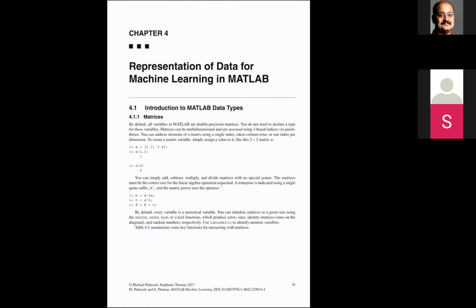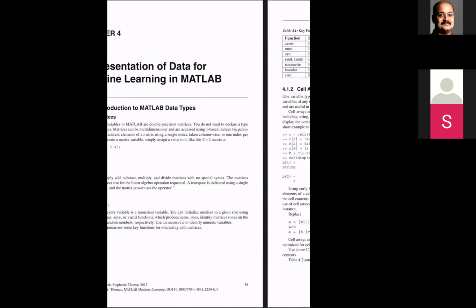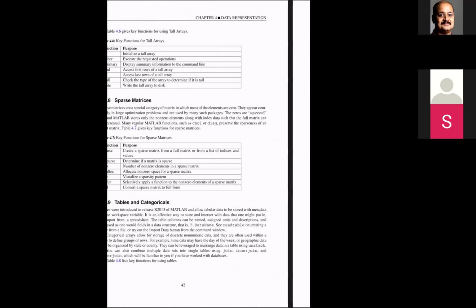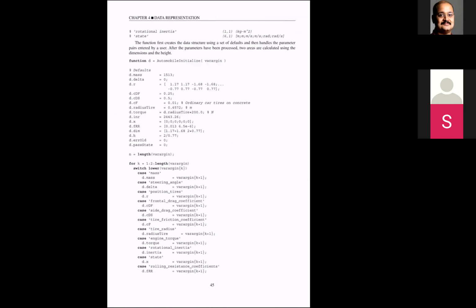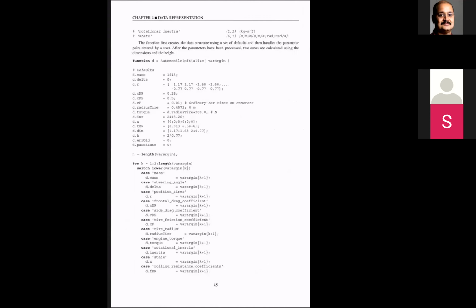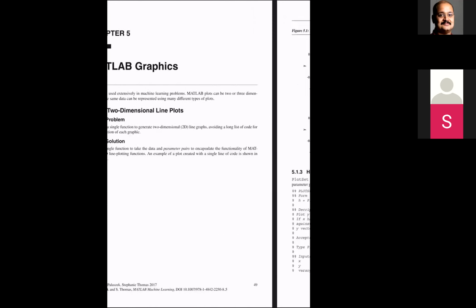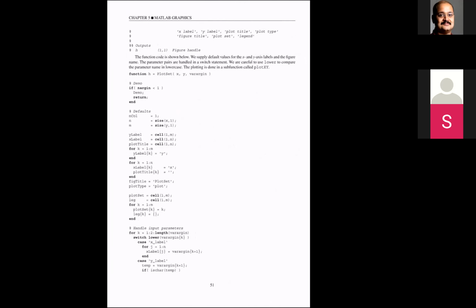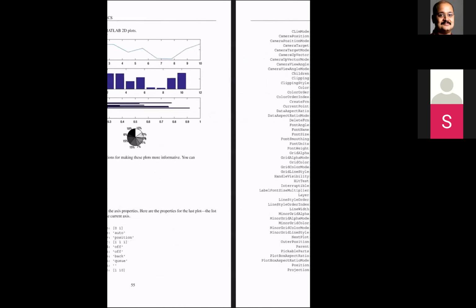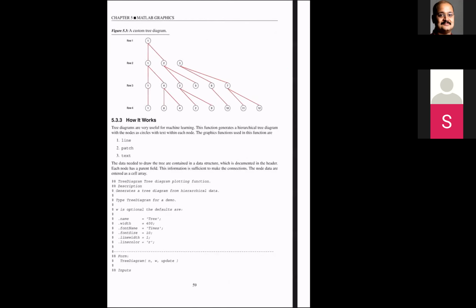and all of you have done MATLAB on-ramps and MATLAB webinars. So you should be totally fine with it. It also actually talks about how to load parameters, how to actually do structures, MATLAB structures, and so on. The next chapter is MATLAB plotting. That again, you should be very comfortable with.